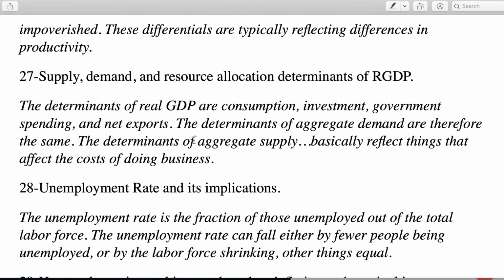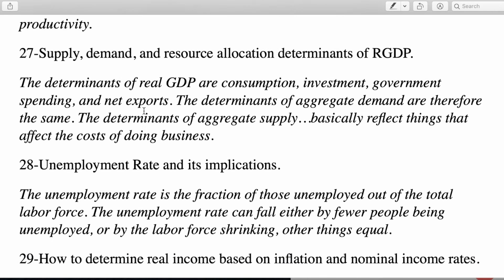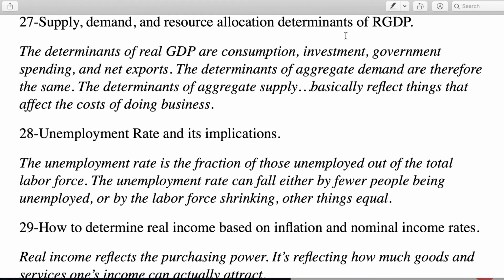Right, so what's going on with these differentials? Well, they're typically reflecting differences in productivity, right? Standard of living is driven by the productivity of workers, which interacts with the productivity of their capital. The biggest input into worker productivity is human capital, which is defined as educational attainment and experience, and then you need high-skilled workers with machines to be able to have the highest productivity.